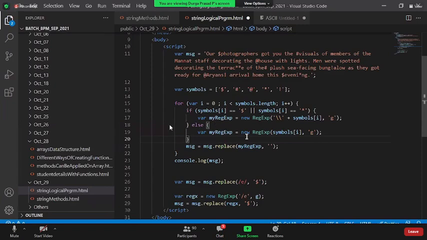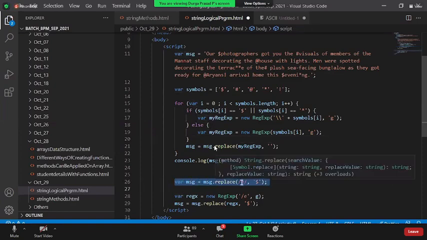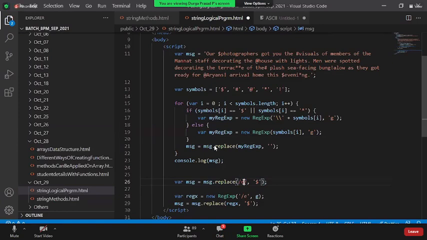At line number 26, this is the example I showed you, right? Whenever you have a message, if I want to replace E with dollar, this is what we are doing. The other way is to create a regular expression of this. It will work. Now, why am I using this regex here? The reason is the symbol is not static. Here, E is static: find E, replace with G. But here I need to put the dollar, which has to come from an array, and hash, which has to come from an array. So that is the reason I'm taking it dynamically.